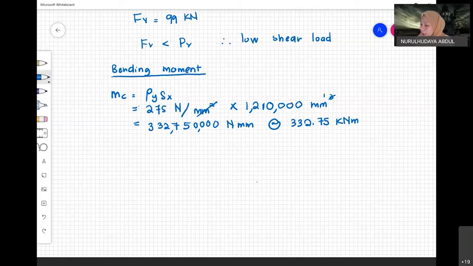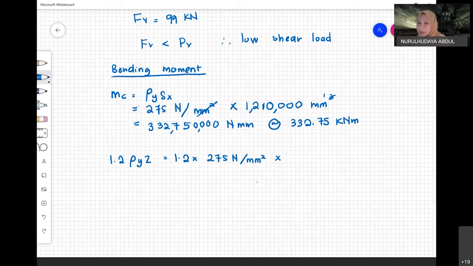We also need to check whether this MC is less than 1.2 PYZ. Memang kita kena check lah. Ini memang apa yang ditulis dalam BS lah. Kita kena check for this. How we do this? So kita masukkan saja 1.2, PY 275,